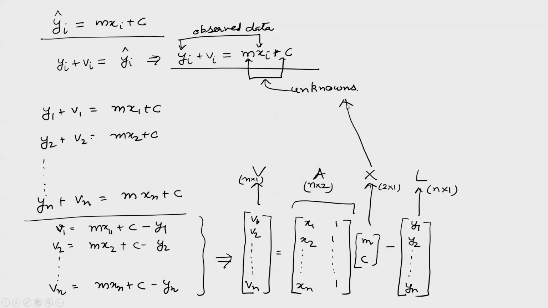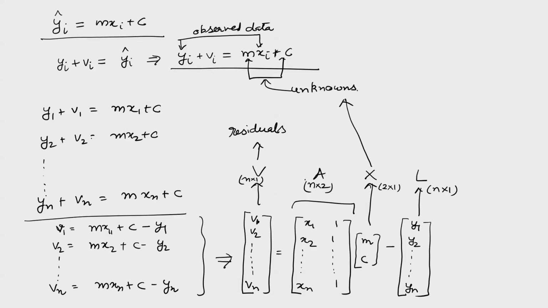A matrix is a multiplication matrix, V is a residual matrix here, all the residuals are there, and observations y1 to yn. I am writing L here. This is very easy to form. I can form A matrix easily, I can form L matrix easily, I can form V matrix easily, and X also. Fine. There are standard solutions of this form, and phi equal to, that is nothing but V1 square plus